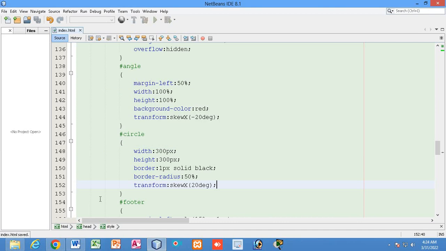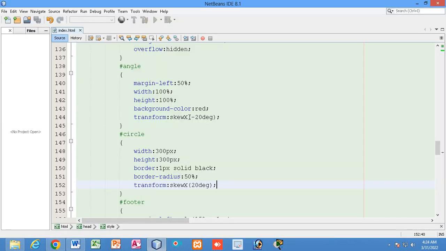If you do this, now it will look like a circle, because the angle div has a transform skew x of 20 degree, and the circle div inside it has the opposite, minus 20 degree, where the angle div has positive 20 degree. That is why it became a circle.